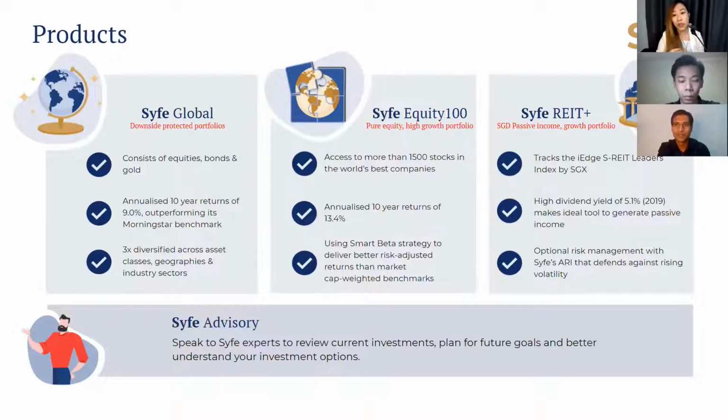And if you wanted to execute the equity part, lots of people already have the other portions in other assets. Say, for example, someone who invests very strongly in property, so property might be a huge part of his portfolio. He doesn't really need the Syfe REIT, for example, as that's overexposure to one asset class. So he could use Syfe Global or Syfe Equity, or, if he has already set up his global portion, maybe he has actual physical gold, maybe he has land, and all of that is very much personalized.